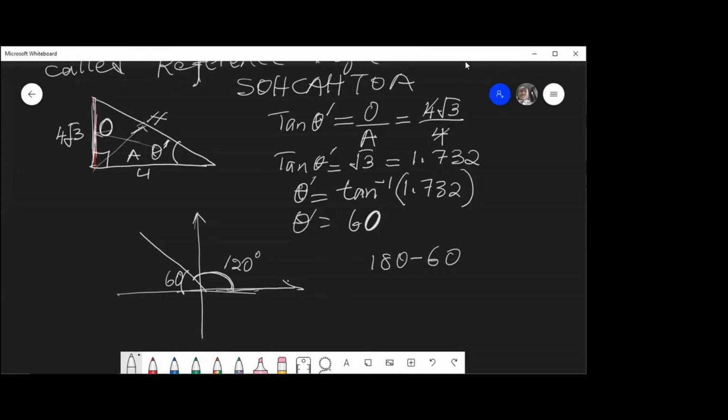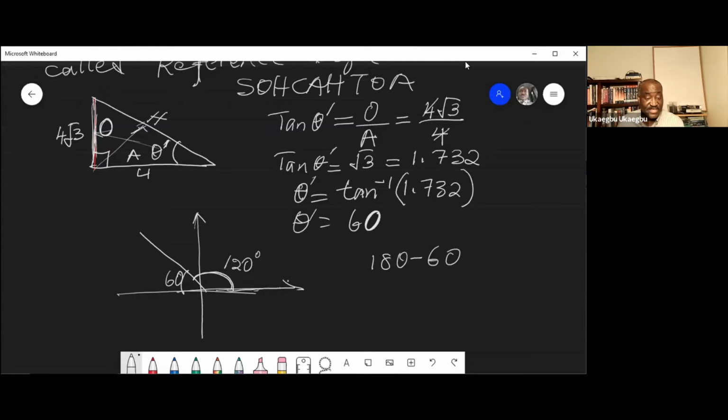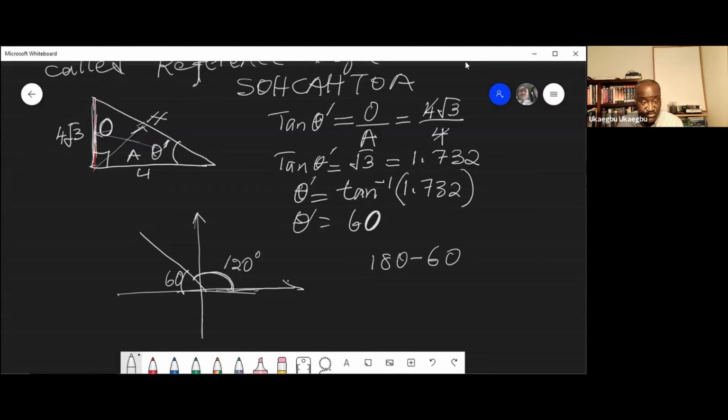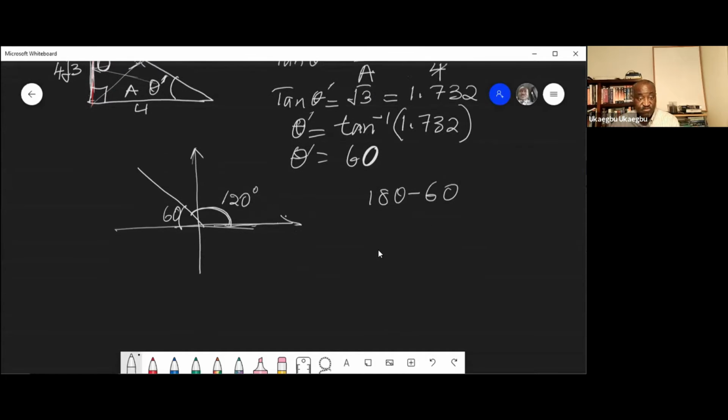Oh, okay. Yeah. So for standard position, you just subtract the angle measurement you're given minus the whole 180. Yes, if it is within the first and the second quadrant. If it is within the first and second quadrant, yes, what you described is correct. But if it goes to the third quadrant, for example, if it goes there,